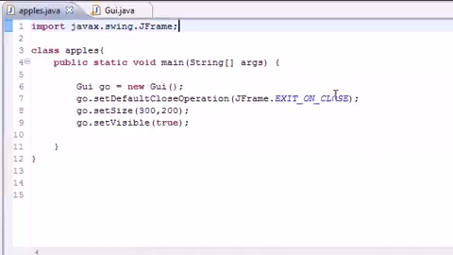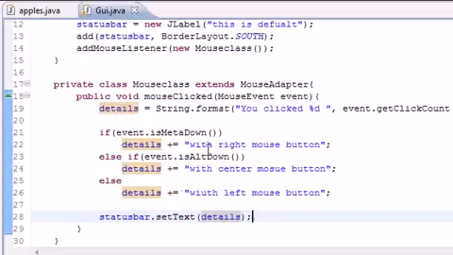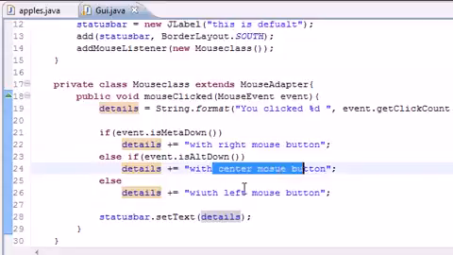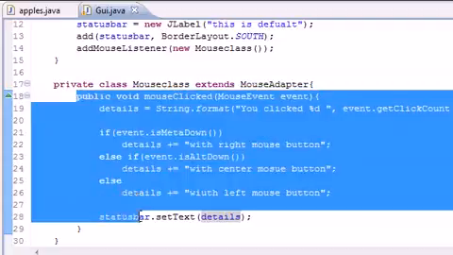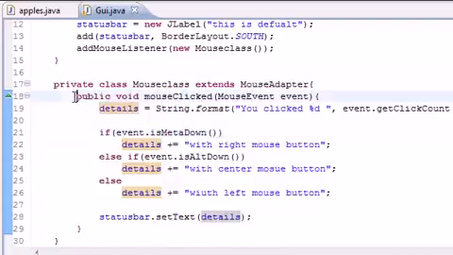But that's your basics of how to distinguish between the right, the center, and left, and also how to use a mouse adapter class to only overwrite the methods that you want. Again, we only overwrote one method, and we didn't have to overwrite all 7 for our program to work, so that's the power of a mouse